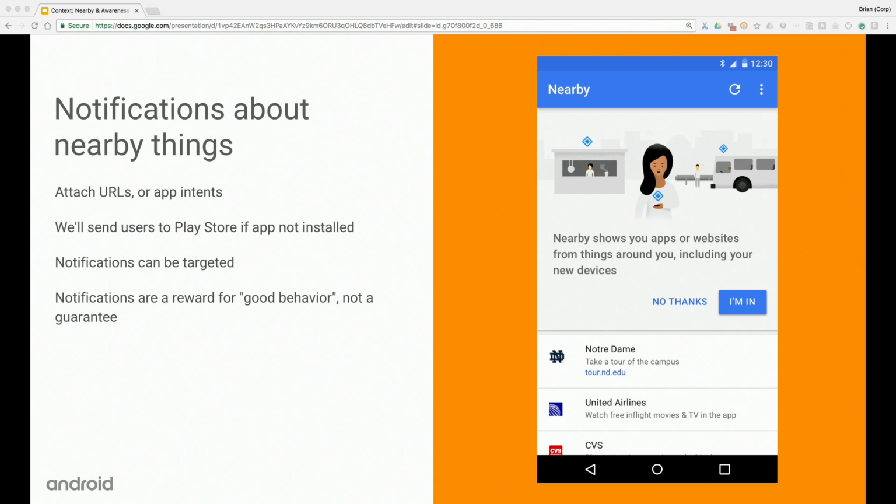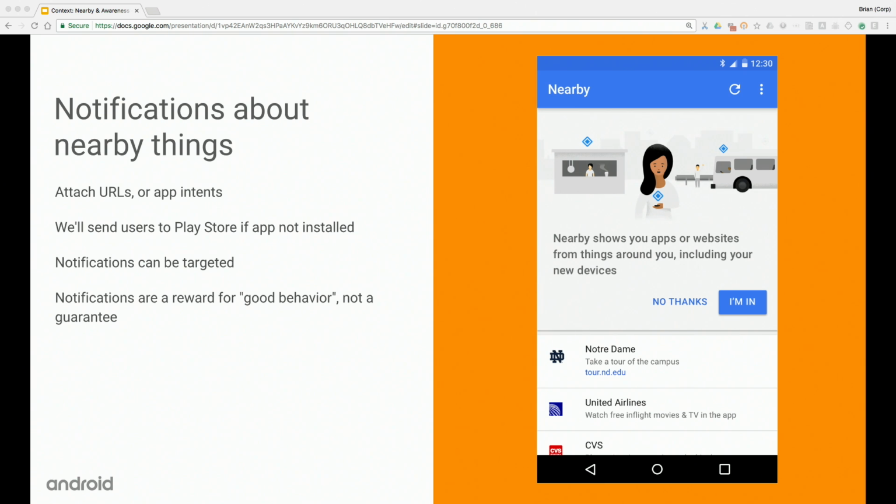One caveat is that for URLs, there are some restrictions around the kinds of URLs you can advertise. They have to be HTTPS URLs, and they have to be crawlable as well. We get metadata from the website, and in order to show that information in the notification, if you have a no-robots .txt set up, we can't crawl the site, so you have to have that set up.